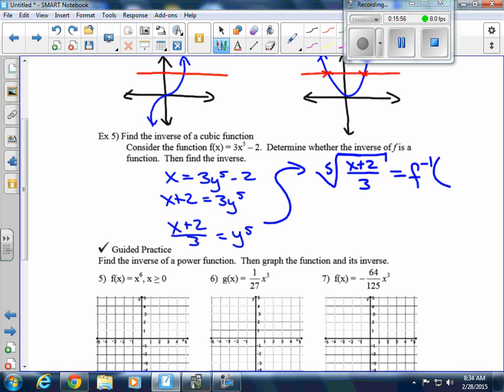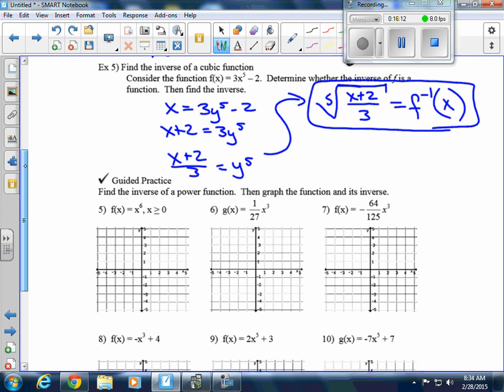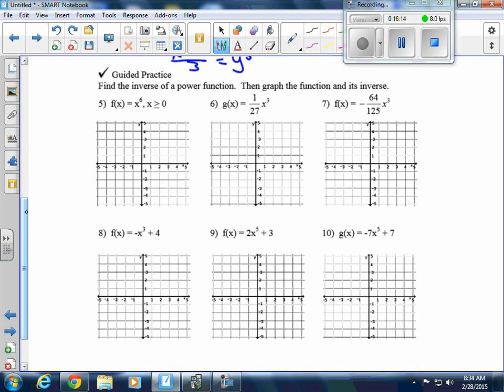And that is the inverse of our function. So the inverse of the function is the fifth root of (x plus 2) over 3. So next we're going to jump down a few of these guided practice questions. You don't have to do all of them. I am going to go through and do numbers 5 and 7